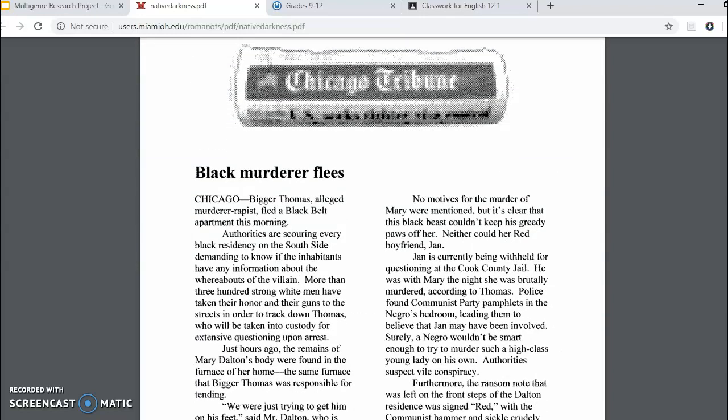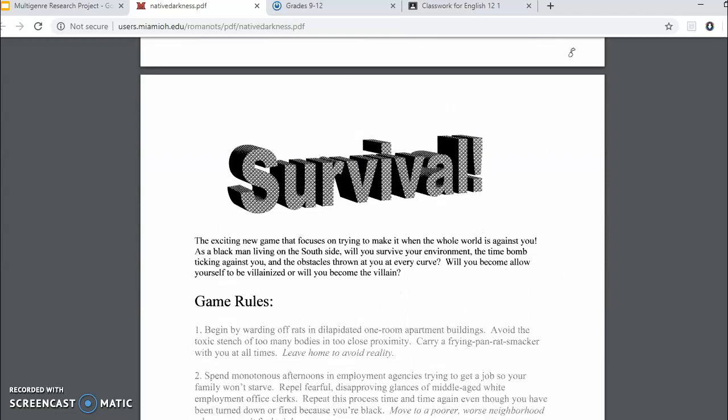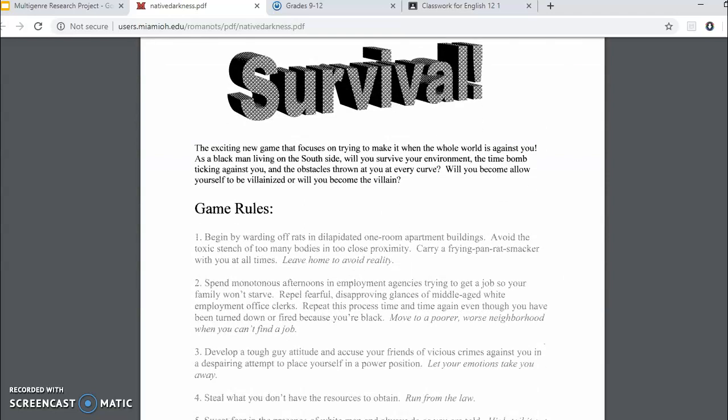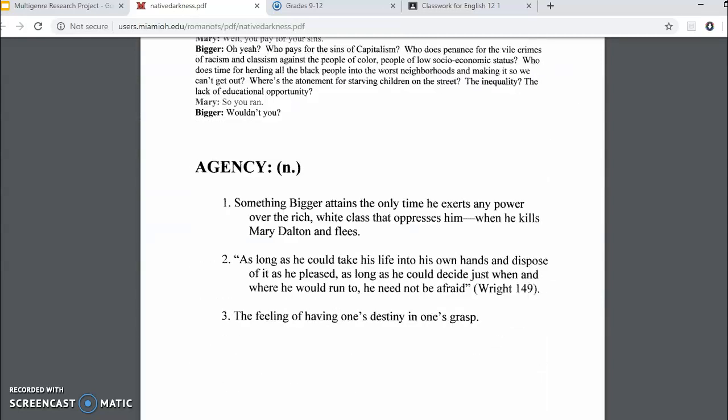And again, this is not a real newspaper article. This is something from the book that he's including. He created a board game as part of his project. So again, not paragraph after paragraph. He's actually, being creative, creating the actual rules to a game. But within this is information about the book and his analysis of the book. Again, more than a dictionary entry, more dialogue.